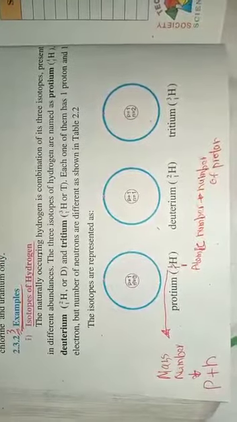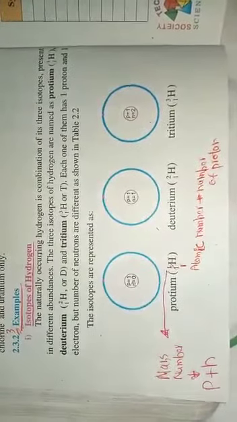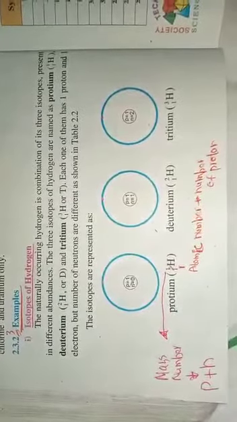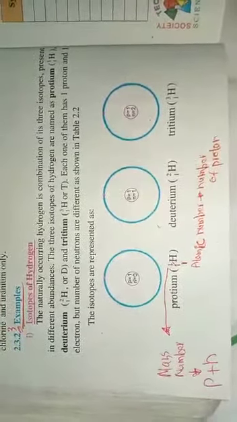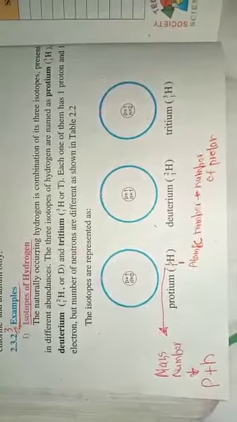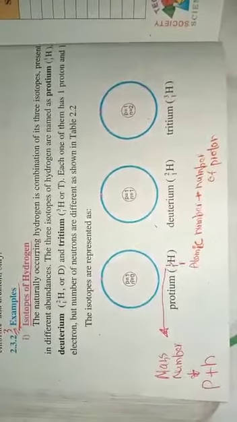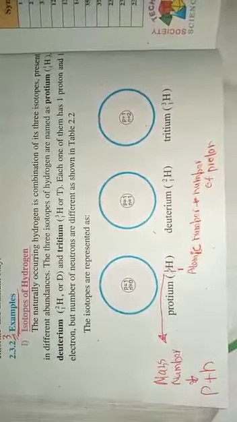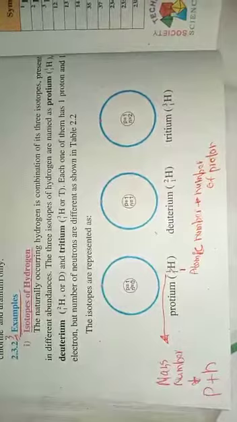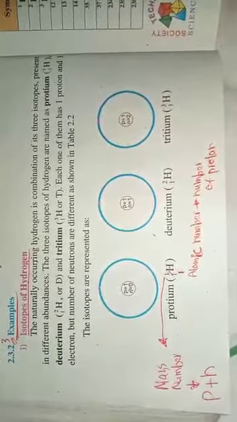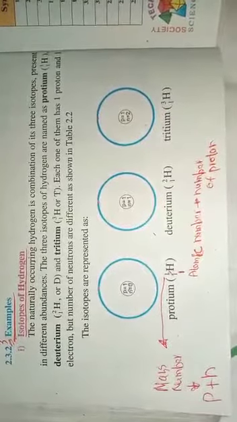Ninth class. Now here we will discuss a few examples of the isotopes. Before that, we will recall the definition of the isotope, that isotopes are the atoms of an element having the same atomic number but different mass number. Atomic number actually refers to the number of protons present within the nucleus, and atomic mass or the mass number actually reflects the sum of protons and neutrons present within the nucleus of an atom.